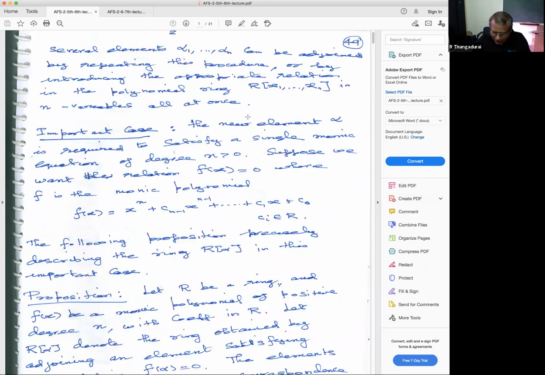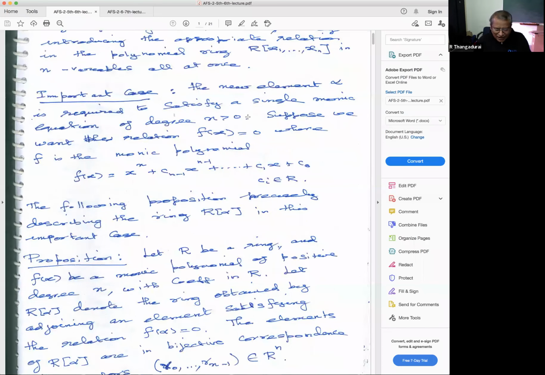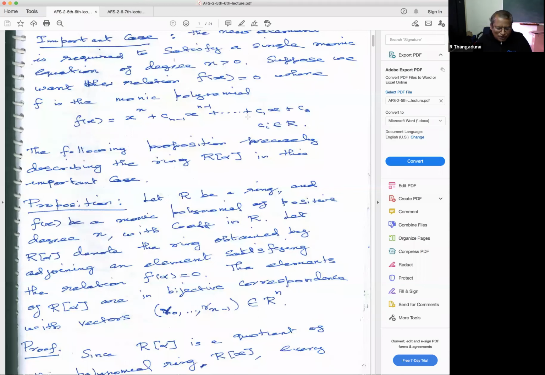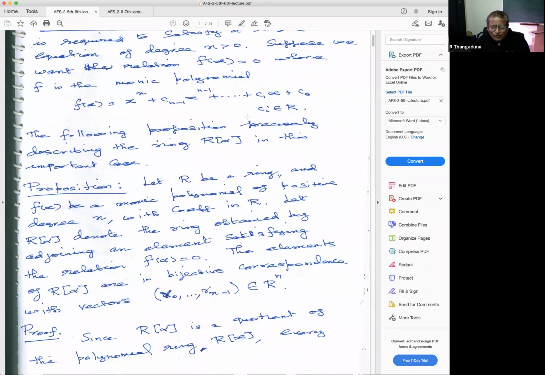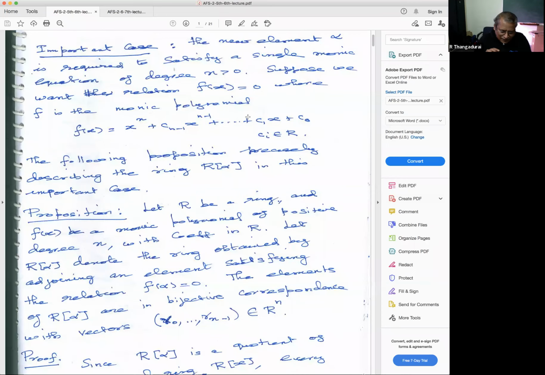Last class, we looked at the ideals. Then R modulo I, the quotient ring. Then we extended the ring. Suppose R is given, and we want to extend the ring R to some other ring. So we introduced one kind of recipe for that. When R has some elements that are invertible with respect to multiplication, many elements may not be invertible.